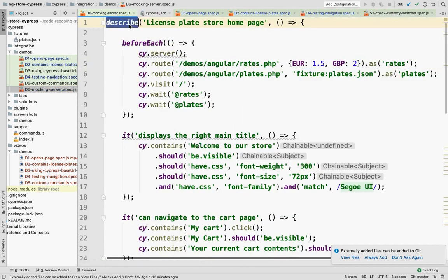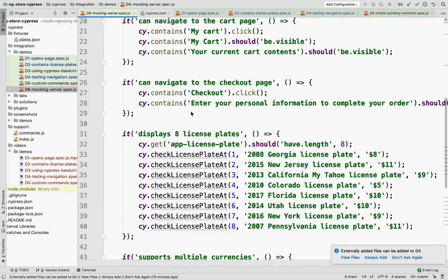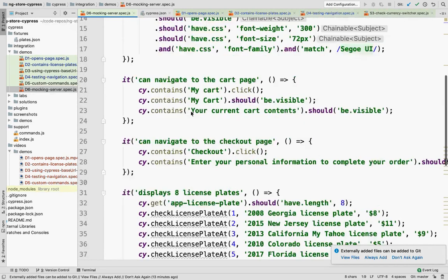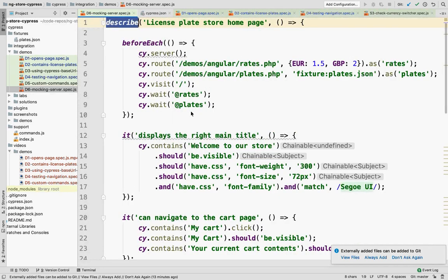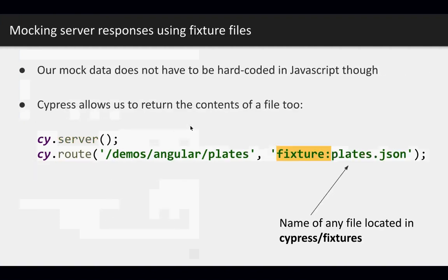So yeah, the way things run in the end is that it's going to do before each, then this test, then before each, then this test, before each, the next test, and just do this for every single run. You can also have after each to reset the states if needed. Yeah, tear things down, basically. Any other questions?